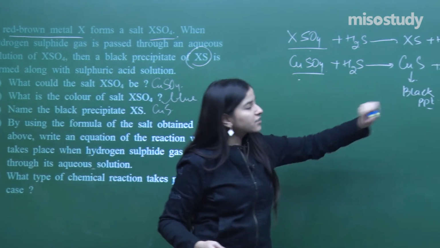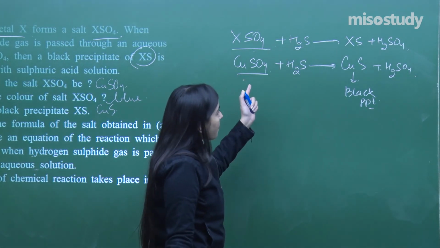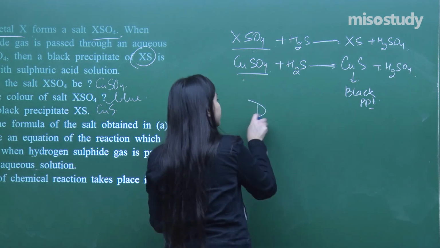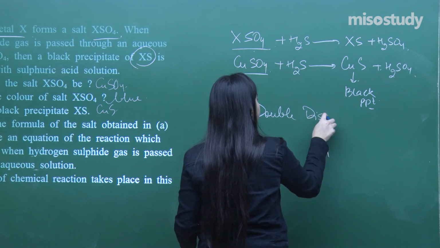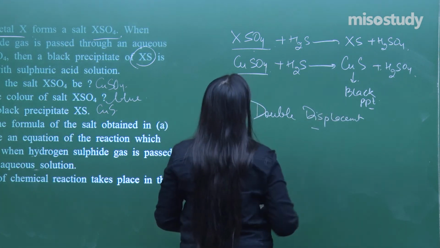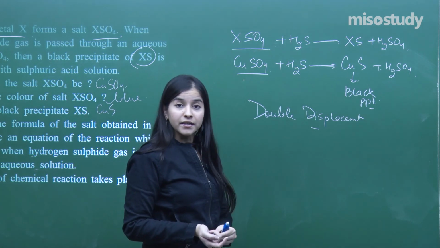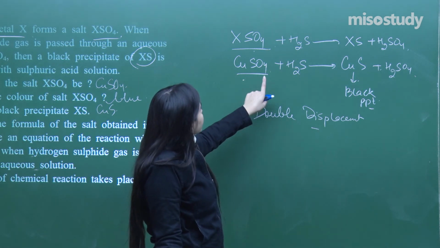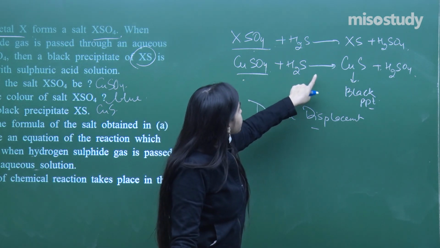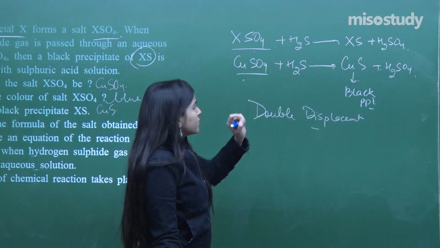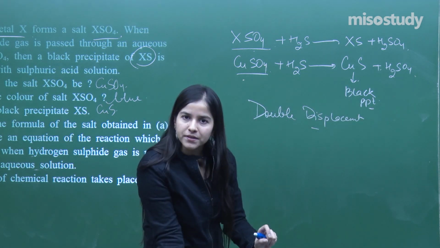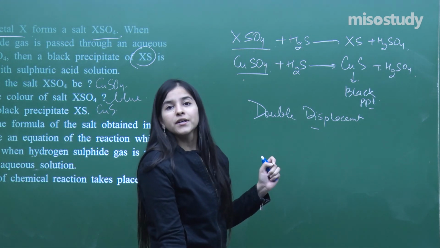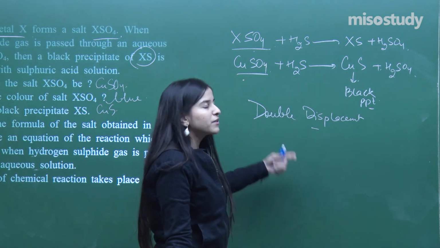So, here is the chemical reaction. What kind of a chemical reaction is that? It is just the double displacement which is happening, yeah. So it is double displacement, first thing. Next thing, can you suspect that it is going to be a redox reaction? Let us check. Do not go for the redox as such. Just remember that this is going to be double displacement. Although this is redox, how it is redox you will learn in your higher classes, fine. So for now, double displacement is the answer.